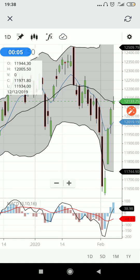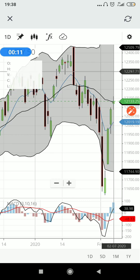Hi friends, this is the Nifty update for 7th of February. Today is 6th of February. So first we will have a look at the chart and then the volume, and we will try to devise